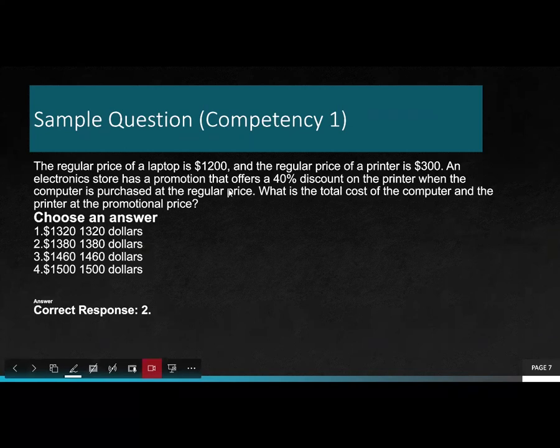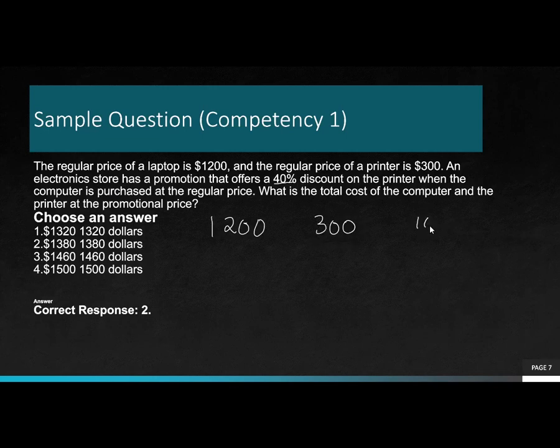All right, a typical purchase. They have a laptop, so let's see. The laptop is going to cost us $1,200, and the printer is normally $300. But this particular store has a promotion that offers a 40% discount. Now the trick on this question is remembering that if you're paying $300, you're paying 100% of the price. But they're going to give you a 40% discount, so you're only going to pay 60%